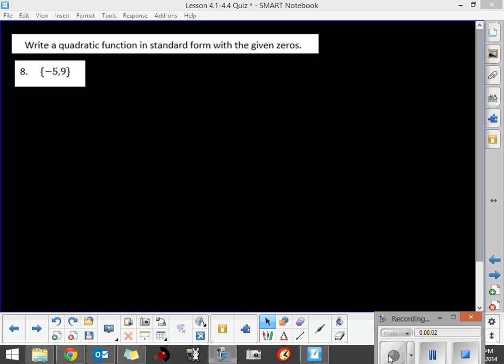In questions 8 and 9, you were asked to write a quadratic function in standard form with the given zeros. So this is a process of working backwards. Let me start off with an example that works forward, and then I'm going to show you how we work backwards. So if I had x squared